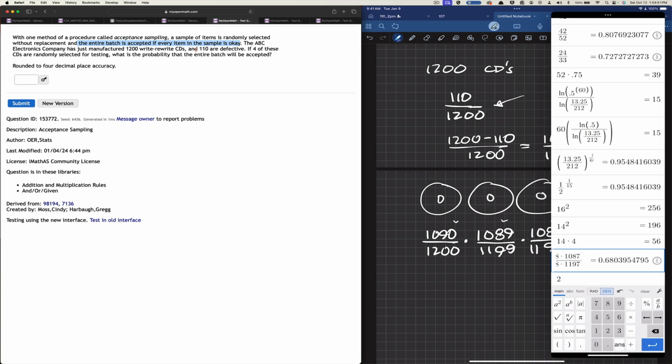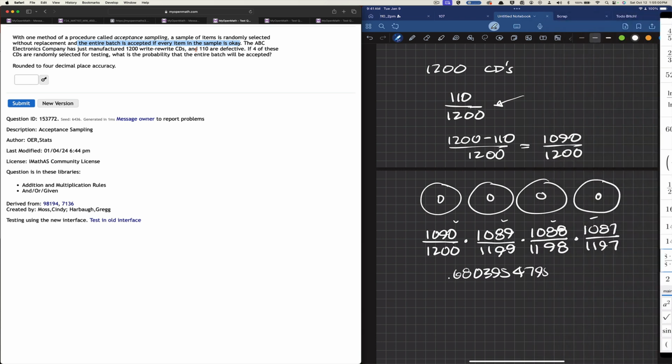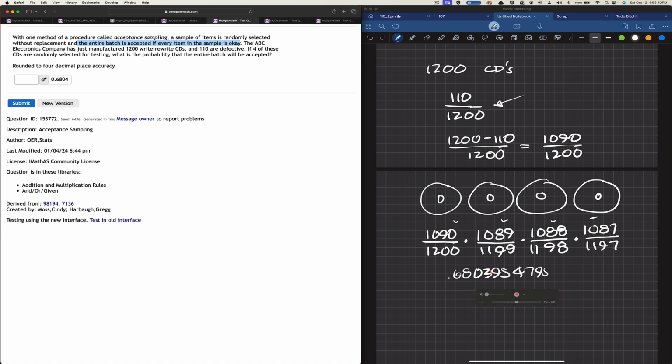1197. And so we have a 68% chance for the batch to get accepted. So 68.039, but they're going to want 0.6804. Okay, rounding out at 4 decimal places, that's